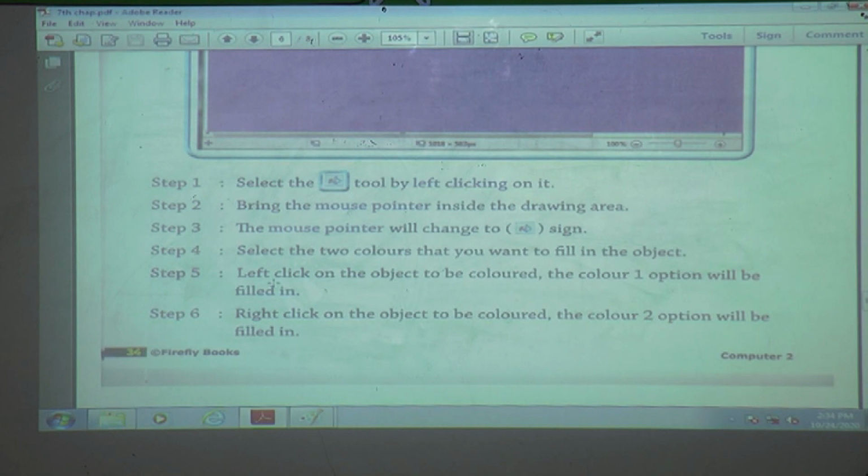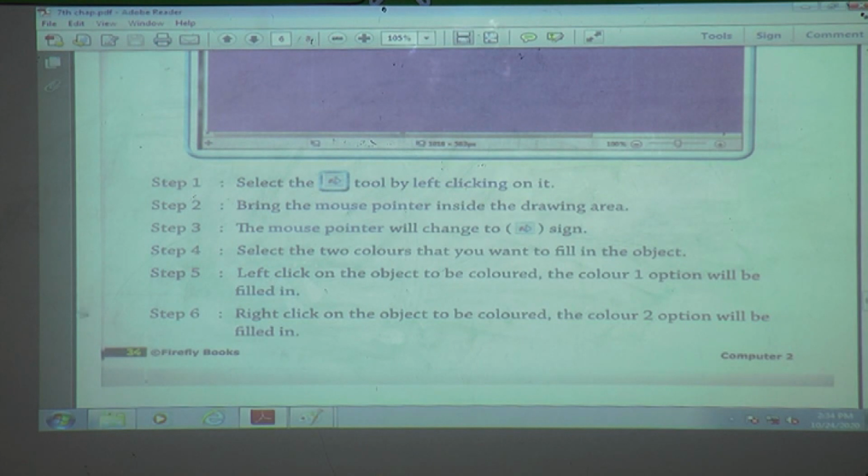When we press the left button, the object becomes the first color we selected, and when we press the right button, the object takes the second color.